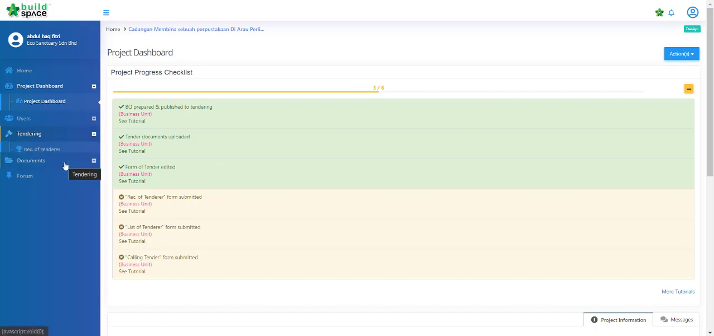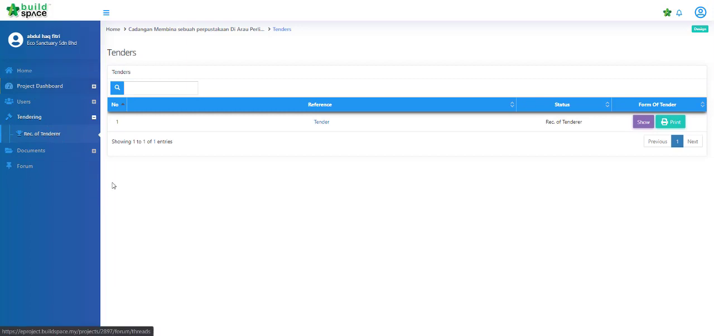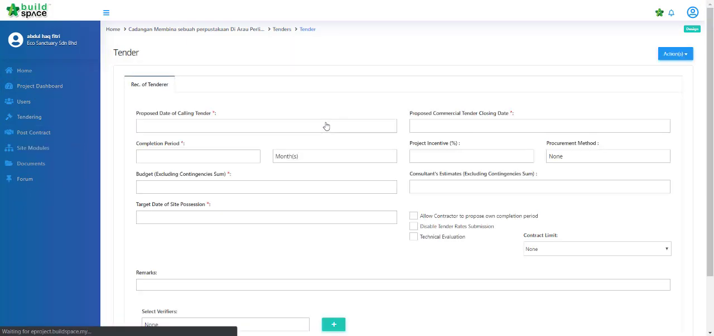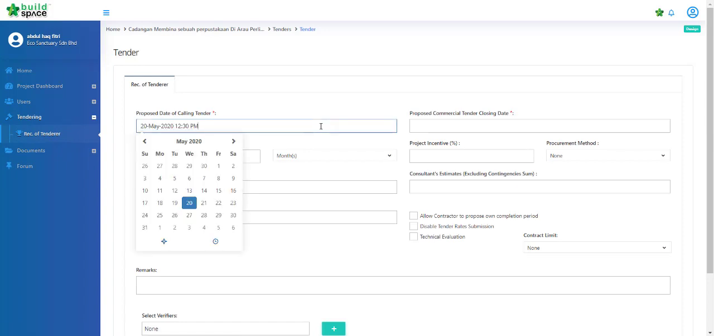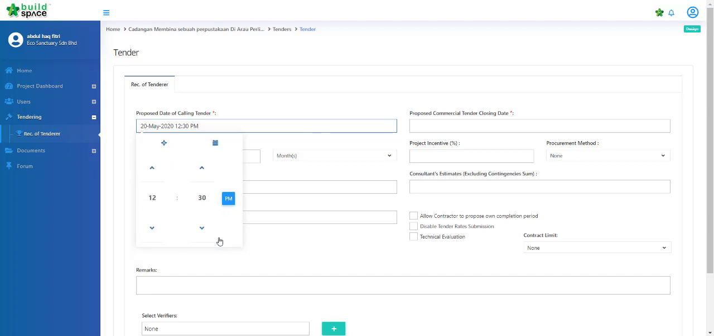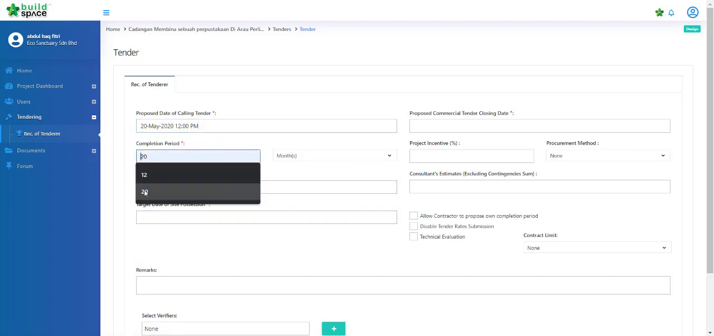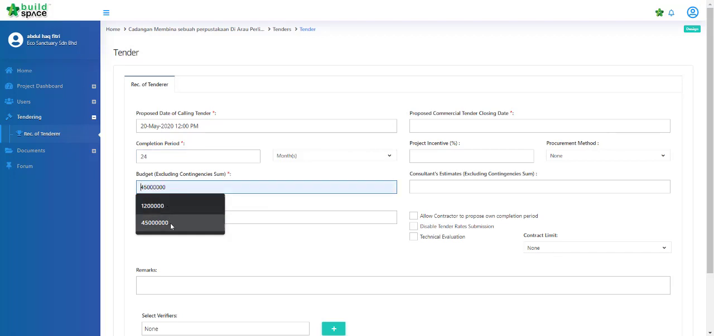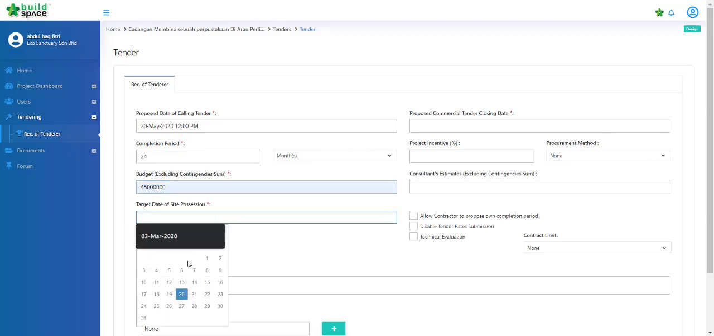Alright, from here we can proceed to do the tendering process, beginning with going to tender and then selecting tender over here. So we need to fill in the recommendation of tender form, beginning with the proposed tender calling date, and also the time there, the completion period. Take for example here we choose 24 months. So the budget excluding contingency sum,